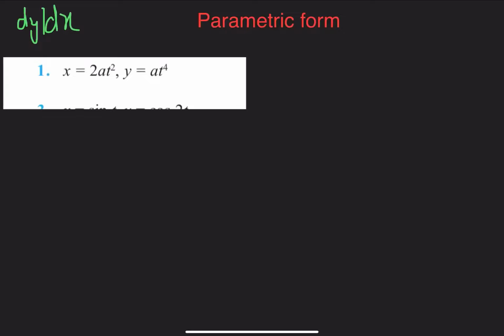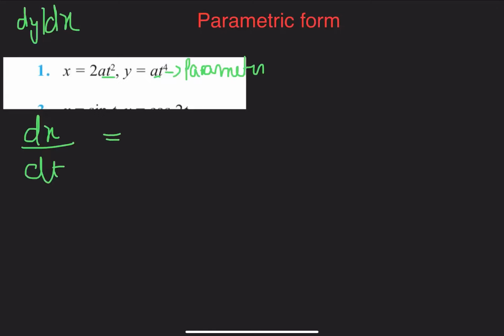Now you would see here that x and y are not related in terms of each other, but they have one thing in common, which is t, and hence we can say that t is the parameter. This we have discussed in the theory video, so you would understand it better. So now first, let's differentiate x with respect to t and differentiate y with respect to t. That means I find out dx by dt and dy by dt.